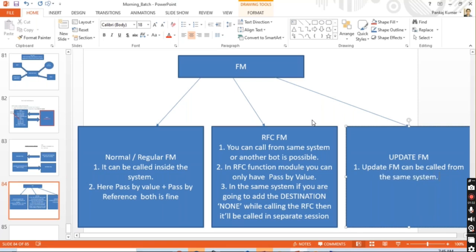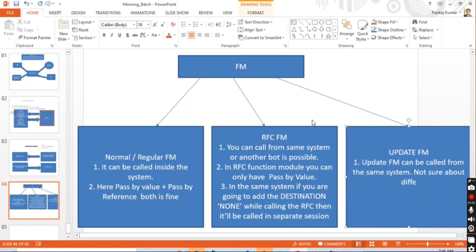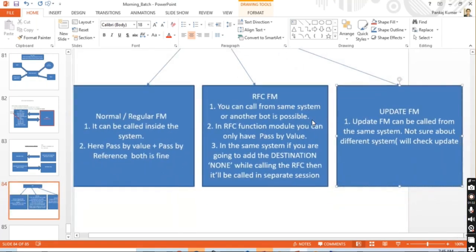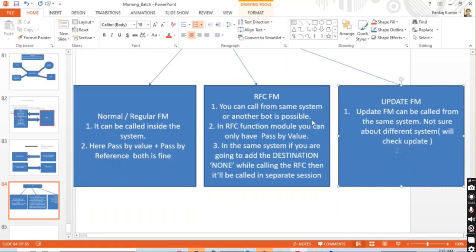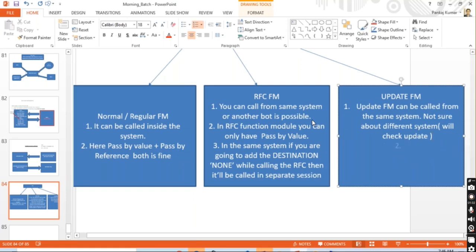Okay, not sure about different system if it can be called or not. Different system, I will check and update here. Okay, so we are going to see in the same system how we can call, and till now I have used the same system only. Okay, now update function module,